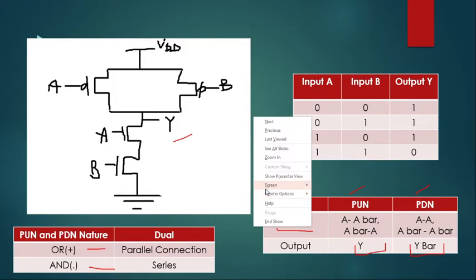Now let us come to the implementation. So what is our objective? We have to implement the NAND gate. So Y is equal to (A dot B) whole bar. Now we have both options open to us. We can either start with the pull up network or the pull down network. In my previous video of the two input NOR gate, I started with the pull down network, but today I want to start with the pull up network, so that you will come to know about both ways of how to go from one network to another network.